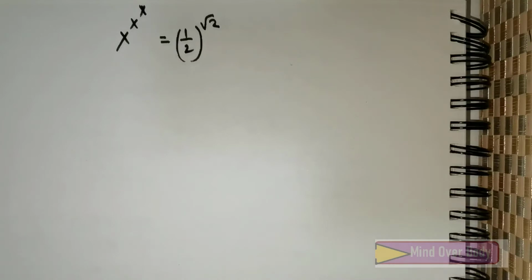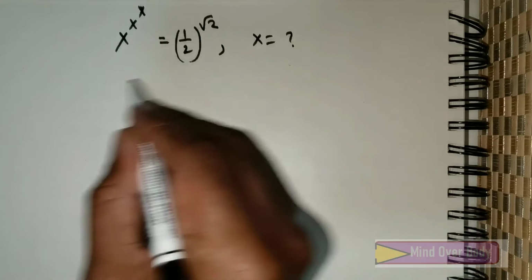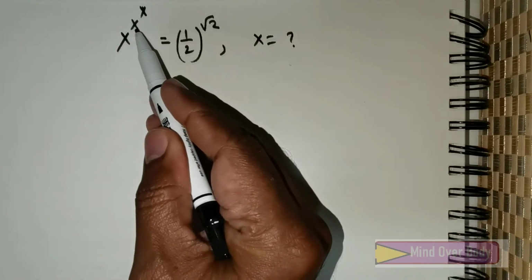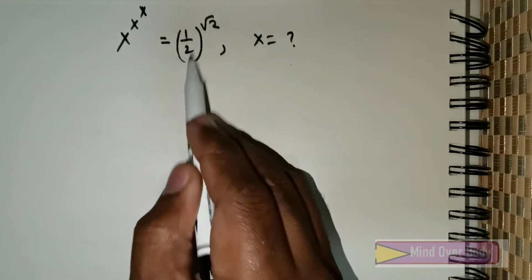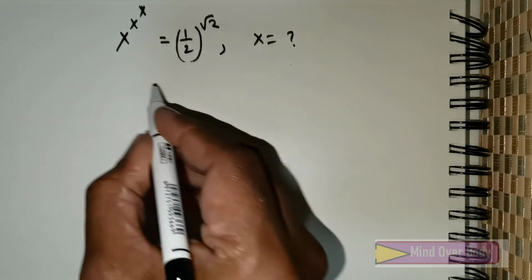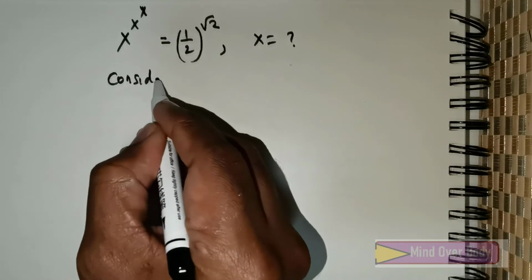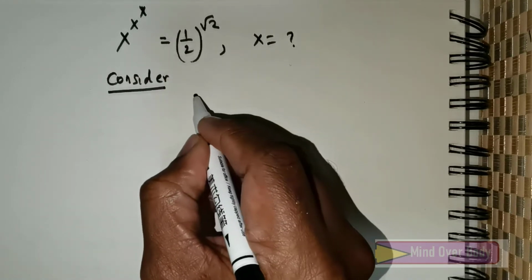Students, in this class we will learn how to find the value of x from this equation. We are given x raised to the power x, which is in turn raised to the power x, and that is equal to 1 over 2 raised to the power root 2. Now, foremost, what I'm going to do is start off by considering the given equation,